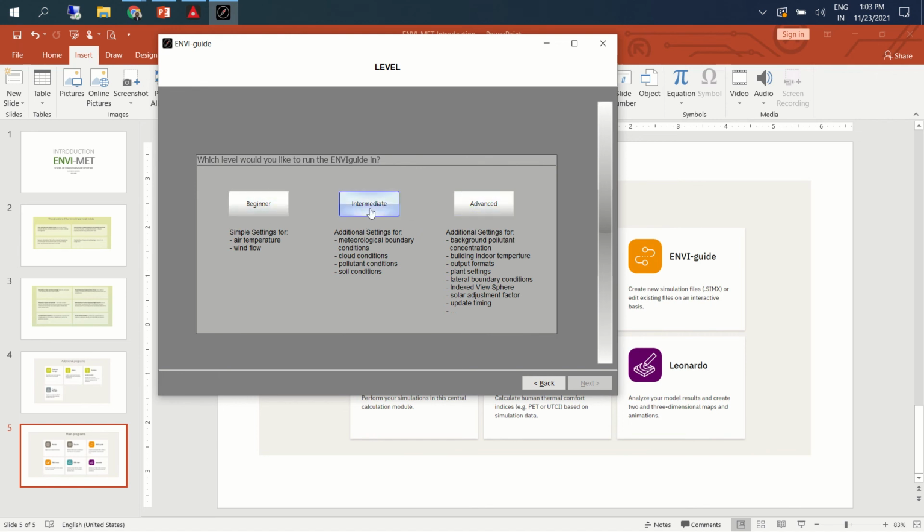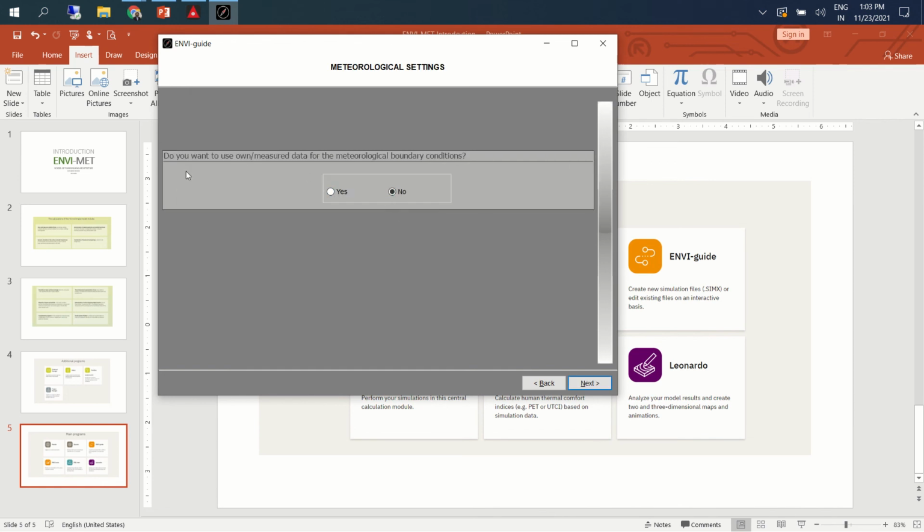For example, in the intermediate scale, there are additional settings for meteorological boundary conditions. Maybe I can click here. It is asking, do you want to use your measured data? Suppose you go to site and you have installed certain data loggers, and you want to use that primary data for simulation.